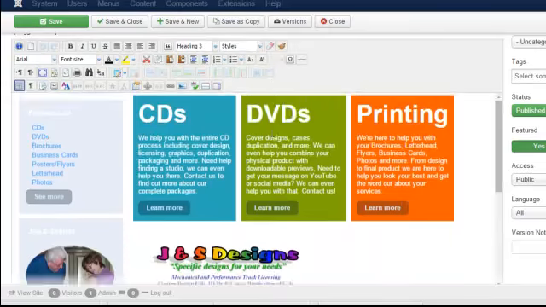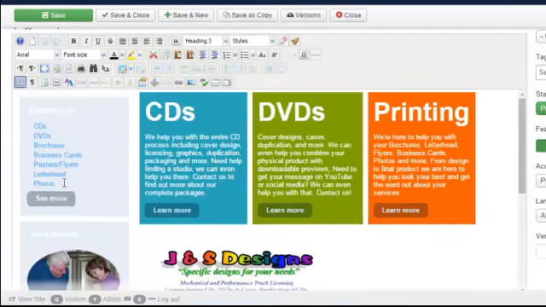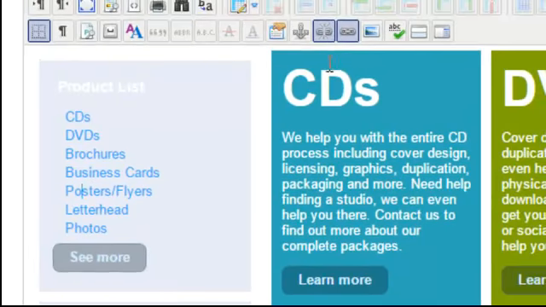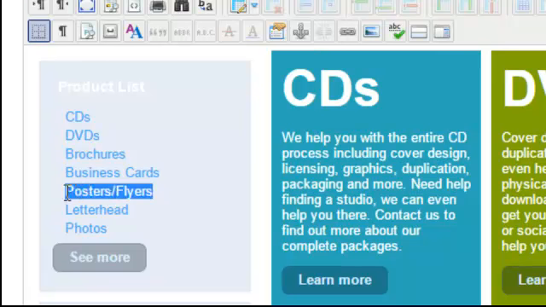So here we are in the article manager, and now I see the items here. You'll notice that even here when I hover over it, it shows the link, and if I click on it, it shows these chain links up here. There's one to break it and there's one to create it. But if I do flyers, it doesn't show anything. So the first thing I want to do is go ahead and break this link so it's no longer pointing to any particular area, so that I can highlight the entire line